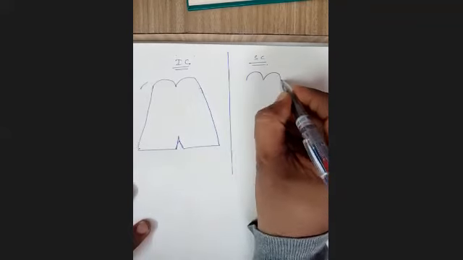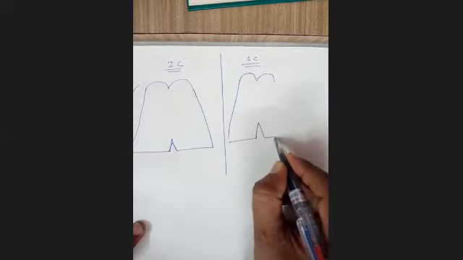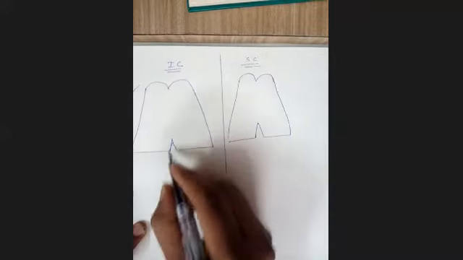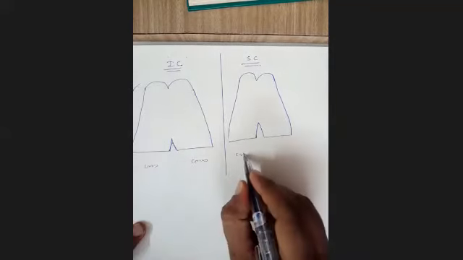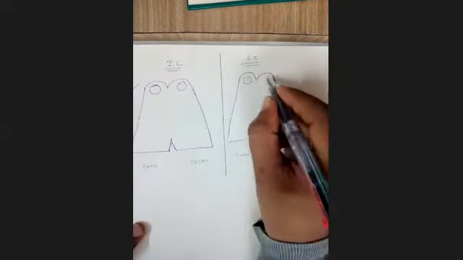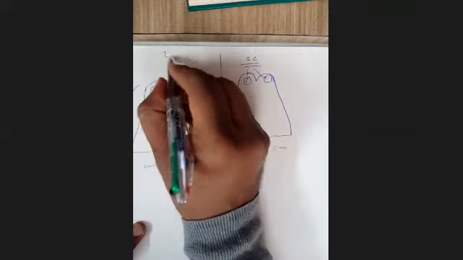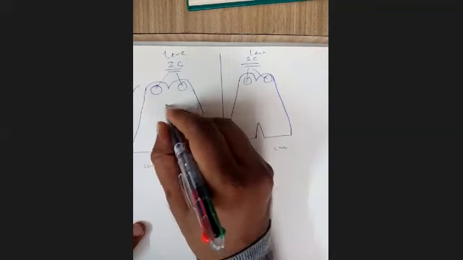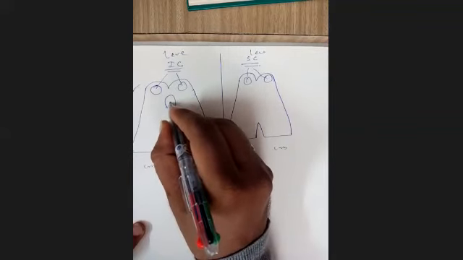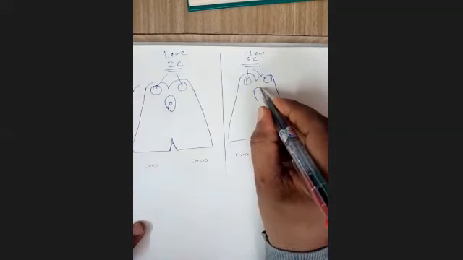And here also at the level of superior colliculus, I draw another Bermuda. So this is the crus cerebri. Two crus. Inferior colliculus level, superior colliculus level. So here will be the inferior colliculus, here will be the superior colliculus. This is the level. Common to both, there will be gray matter like this, with the central canal.